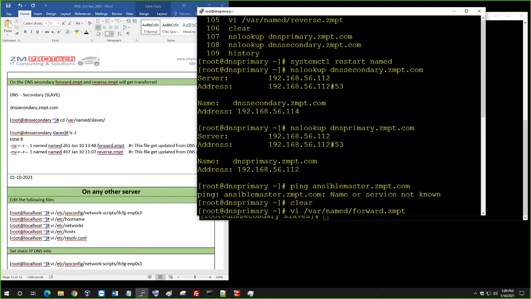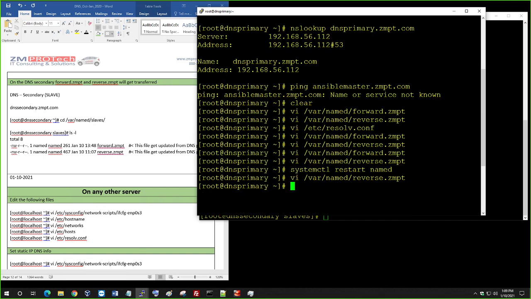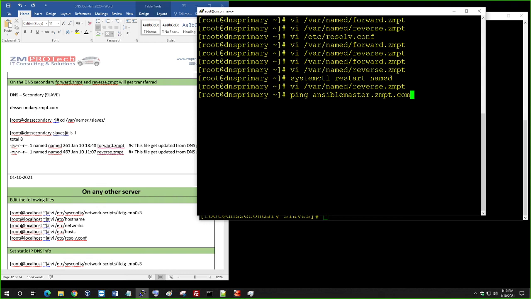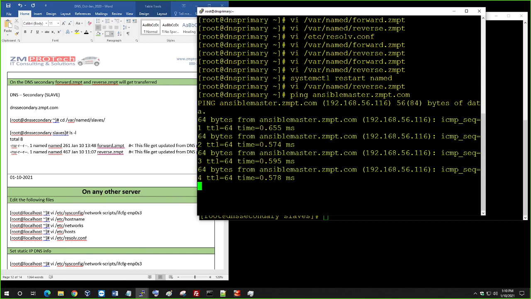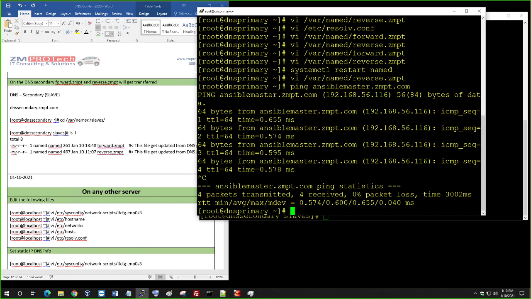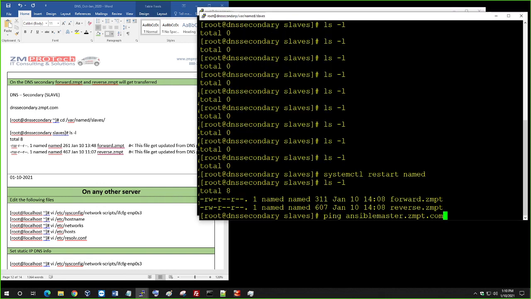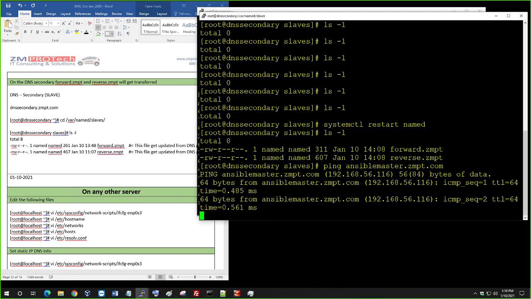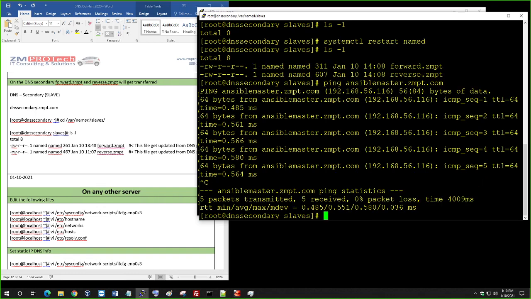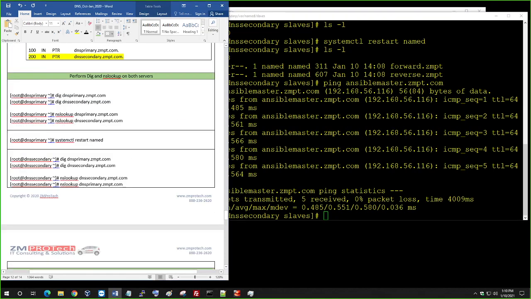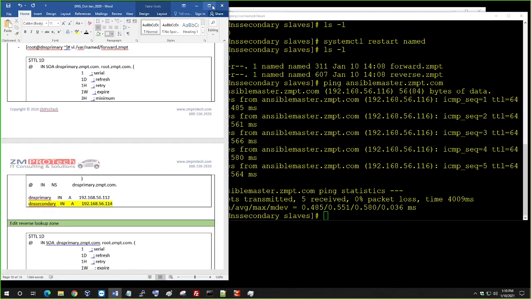Right here. See, I pinged ansiblemaster.zmpt.com and it was not working. So let's see if it's going to work now. It is working now. Going forward, any server which is part of Ansible, which has an entry in DNS, this will work here, okay? So what is happening here is, if we go back to our picture,